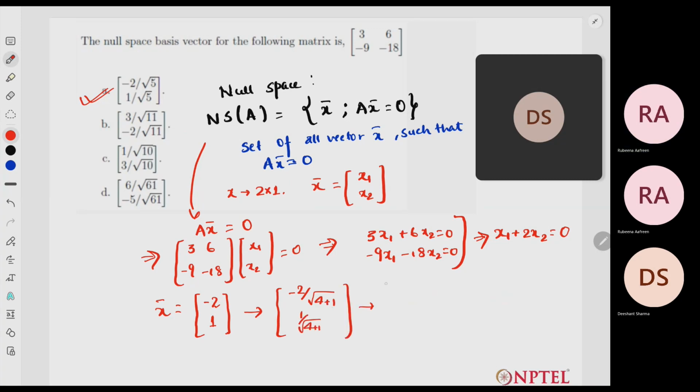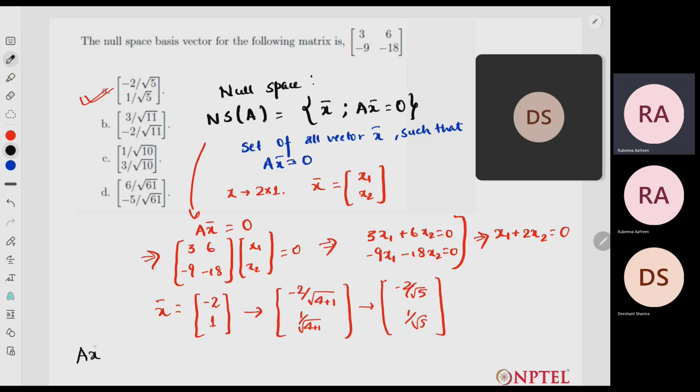That is minus 2 by root 5 and 1 by root 5. So this is the answer,